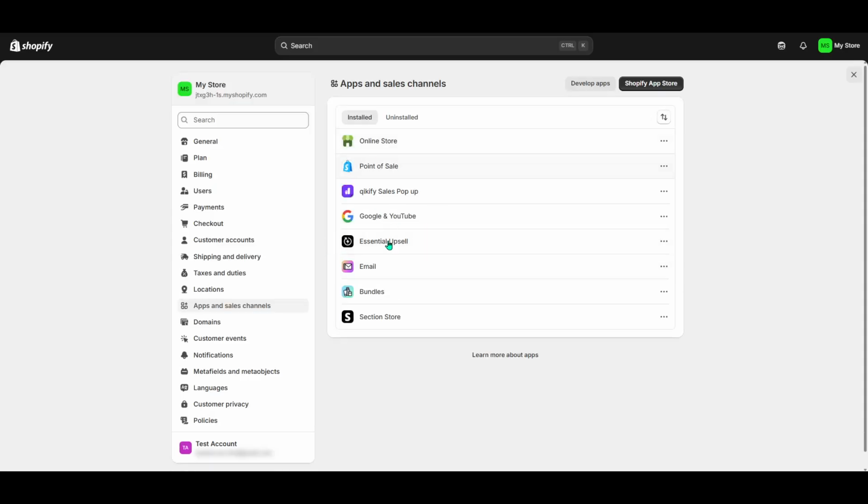Once you're on the Apps page, take a moment to review the list of apps associated with your Shopify store. This list provides a comprehensive overview, allowing you to see which apps are currently active and available for use. It's a good practice to periodically review this list to ensure every app installed is contributing positively to your store's performance and customer experience. When you identify an app that you want to remove, you'll need to pay attention to